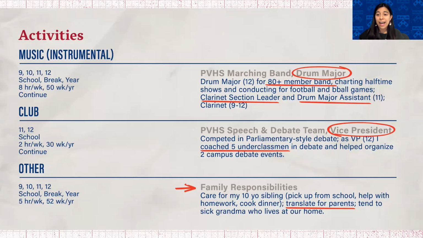Immediately my eye is drawn to that, and I know the role that this student played in this organization. I see here also context into the size of the band. It's an 80+ member band. Now I know that this isn't just maybe 5 tubas who assembled in an alley once, but really a large organization that looks like it met regularly. I also want to add here that whether your marching band is 15 people or 150 people, that does not matter for us. You can't control the type of school and environment and the size of your community, but this does give us context into the type of leader that you had to be.